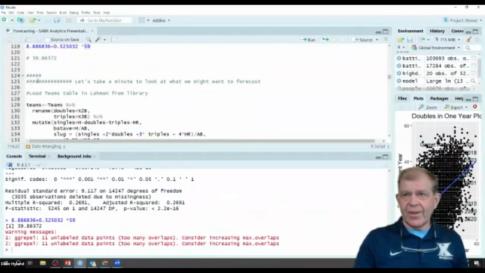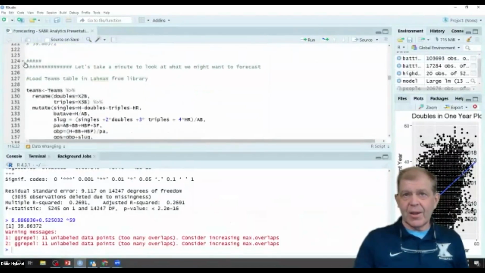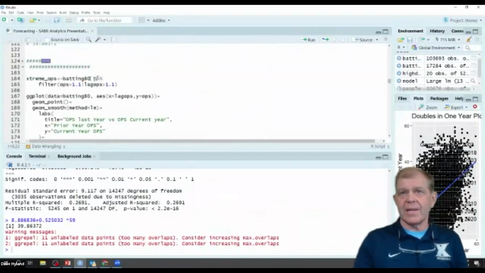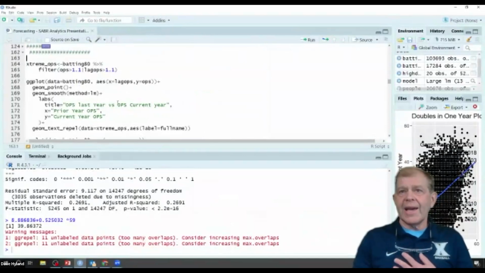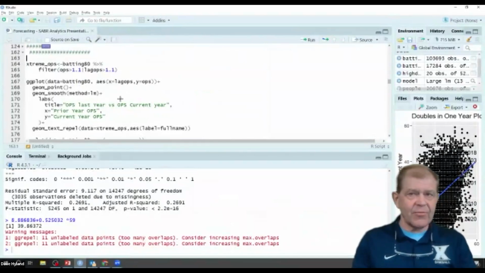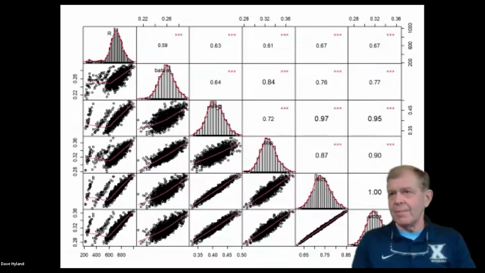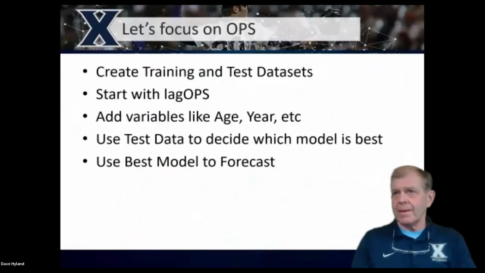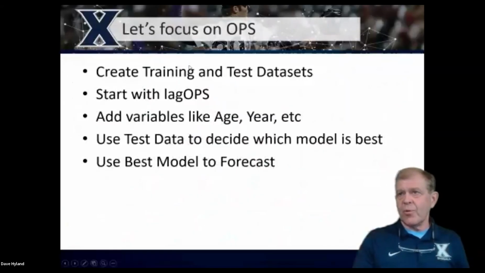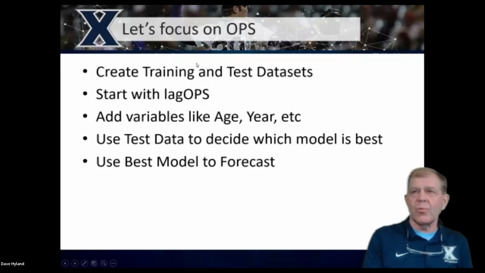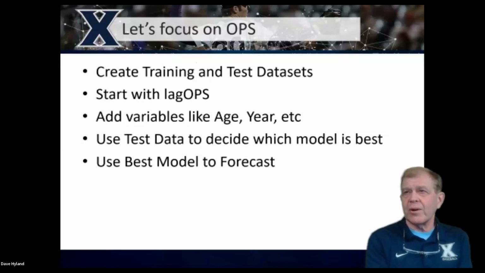So you'll notice I'm going to go ahead and hide all this. All the coding here is to look at that team stuff. We're going to look at OPS, and I'm going to flip back to what we're going to do. With OPS, we want to get more rigorous in how we do our forecast.